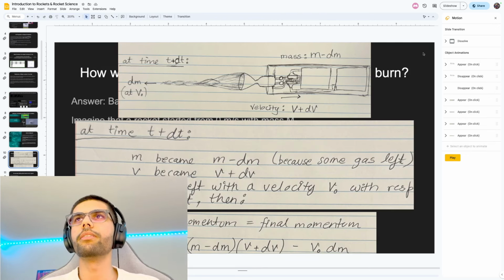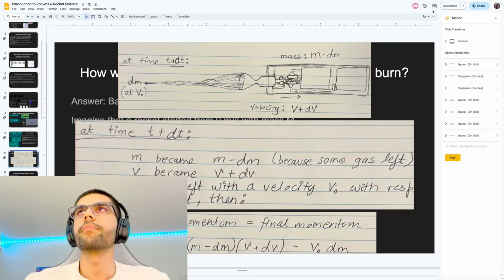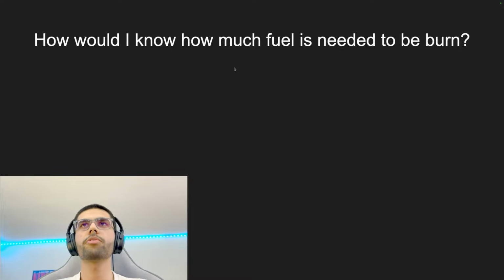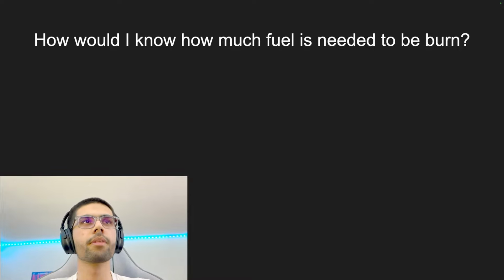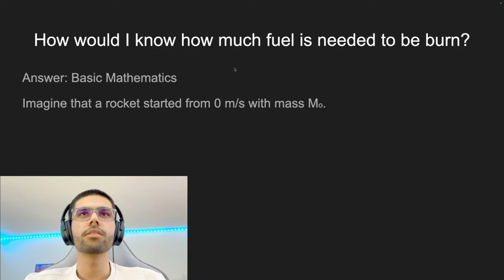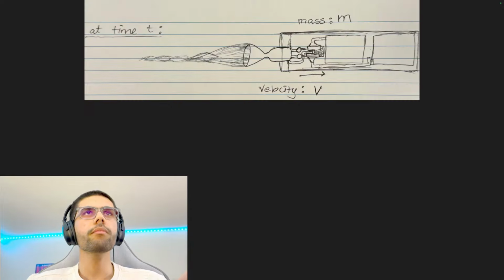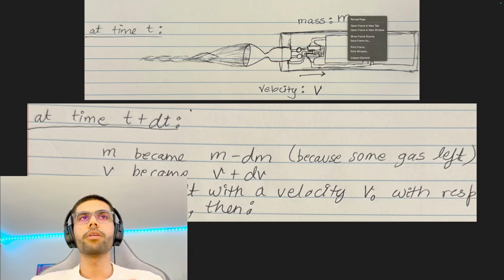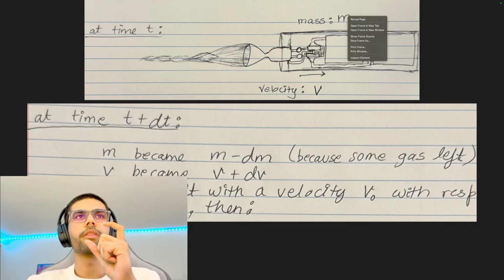Now let's talk a little bit about this slide. How would I know how much fuel I need to burn? Imagine a rocket started from 0 meters per second from the ground with mass m0. Now imagine after t seconds, your rocket has a velocity v and mass m. Now after a very small duration of time, that is dt,